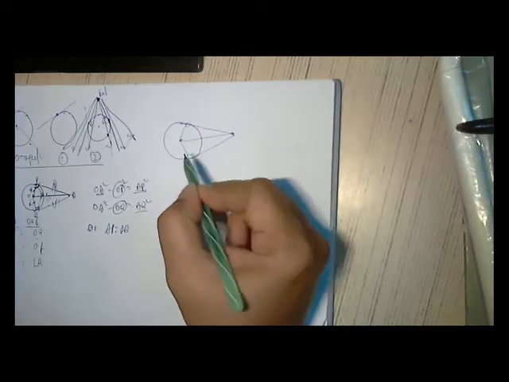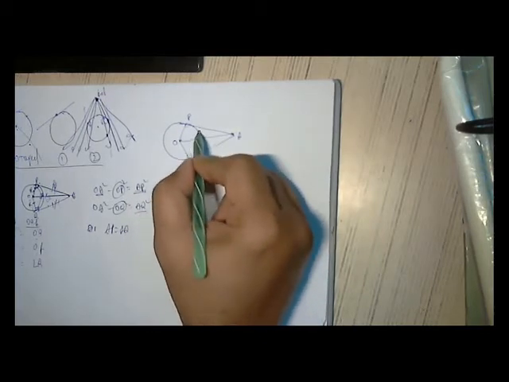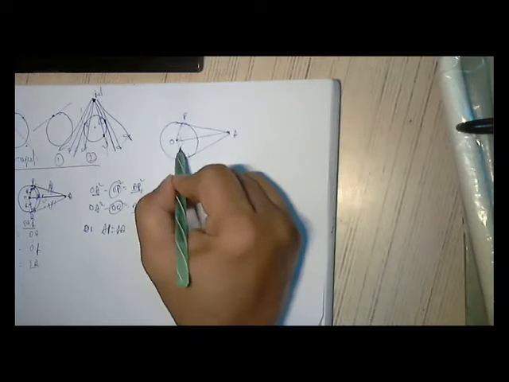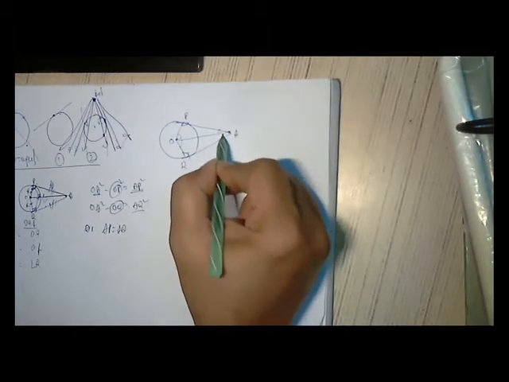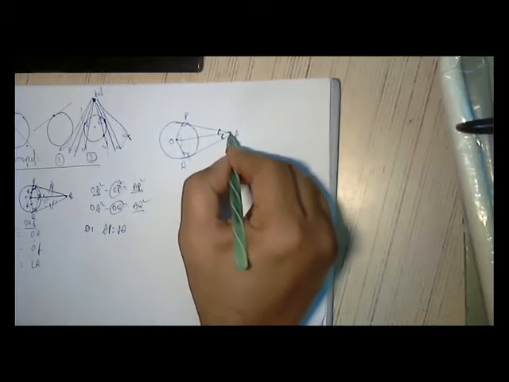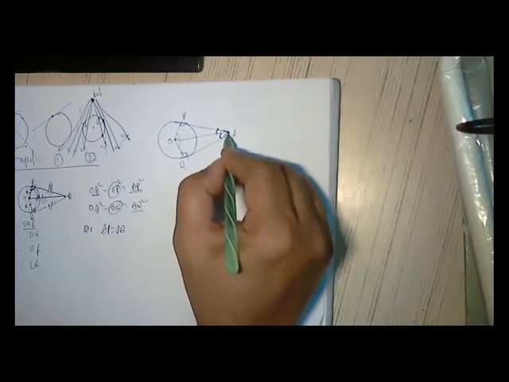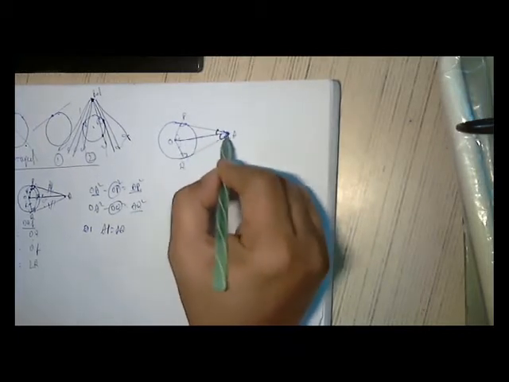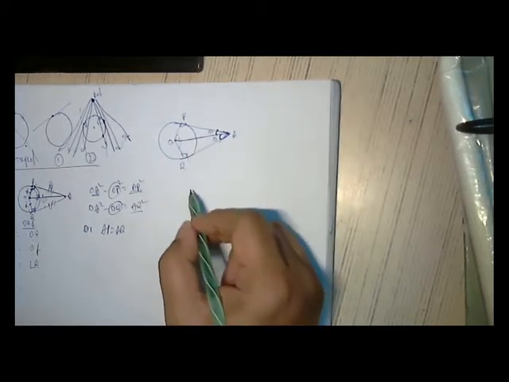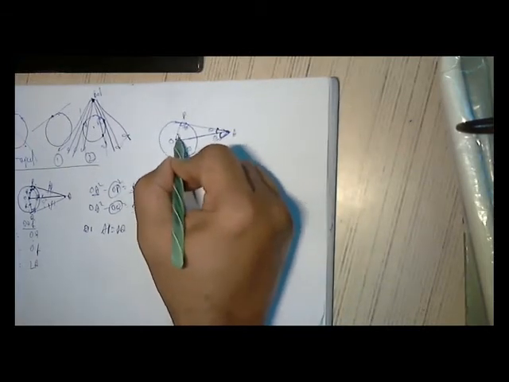This is 90, this is 90. So O, P, A, Q. So these two are similar triangles. What do you mean by similar triangles? This is 90, and this angle is equal to this. So when these two angles are equal, that means at the point of A, both lines are bisecting the center line. From A, if you connect, both are equal angles bisecting the center line. Both our angles are the same. This is 90, this is 90, these two are the same.